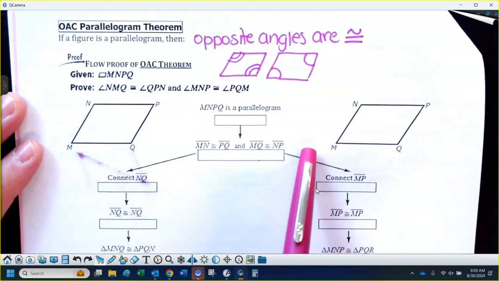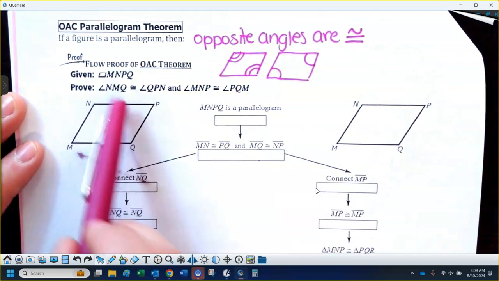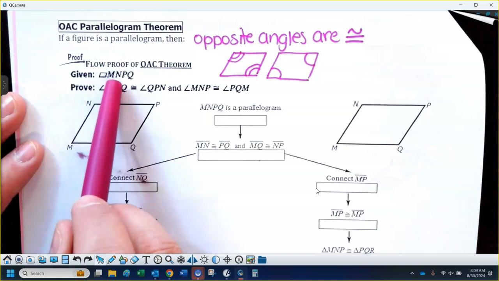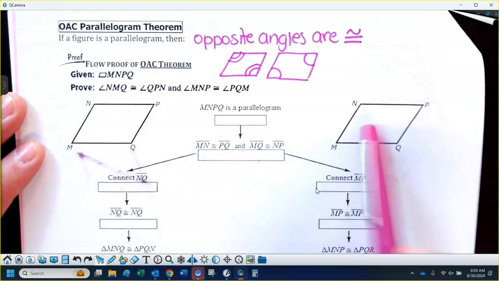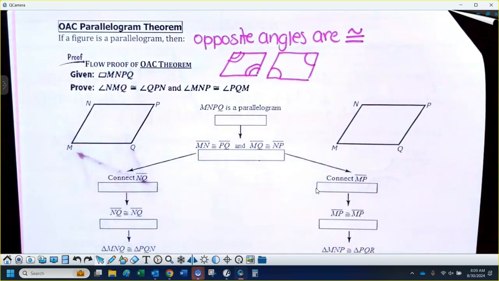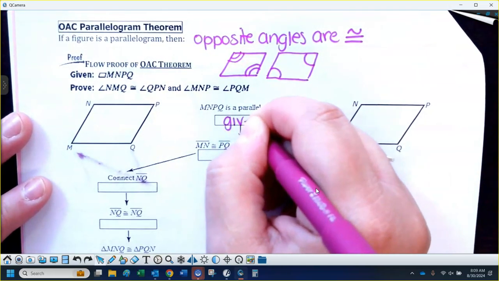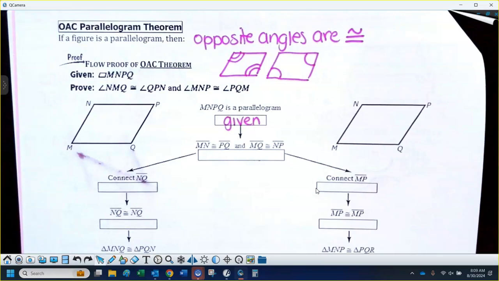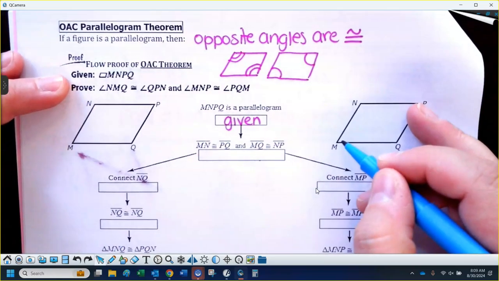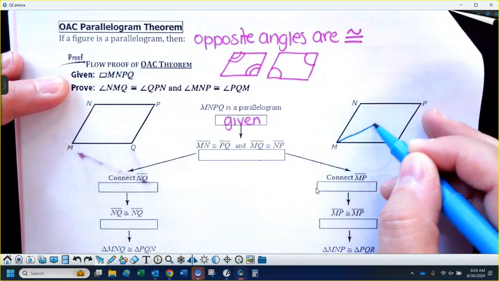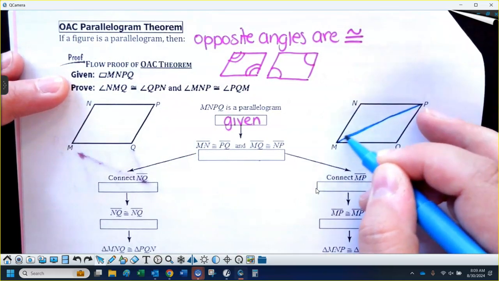We're going to prove the opposite angles are congruent here. So it says given parallelogram MNPQ. So I just copied it twice. All right, so our first step is that we're just given this, and I copied that diagram twice. What I want you to do for me, just as a favor here real quick, on this one, draw the diagonal between M and P,